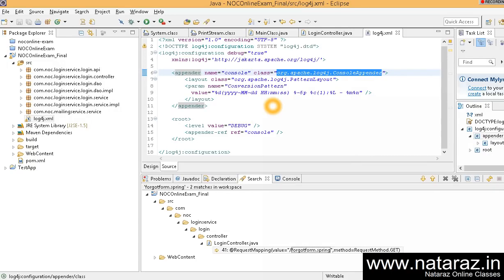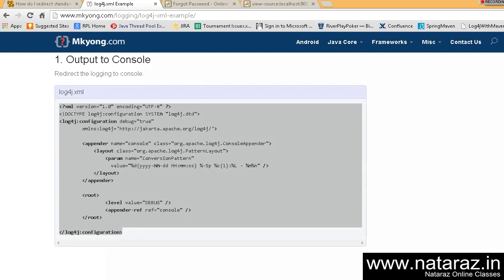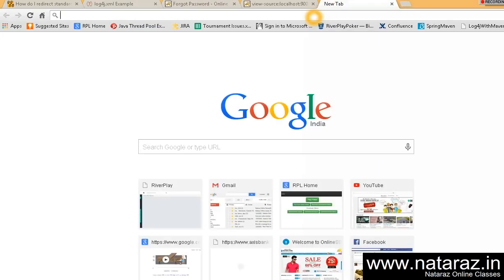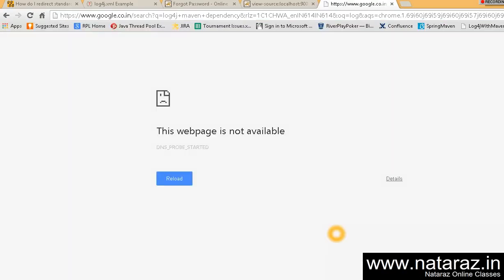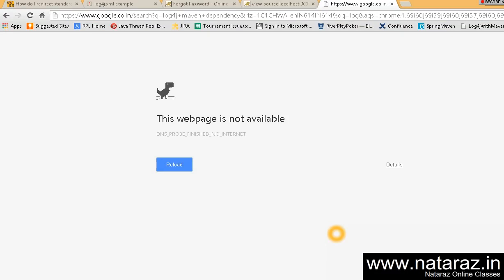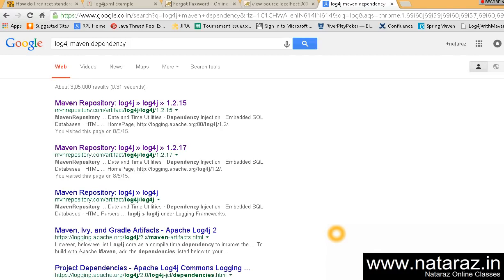So that means your coding should also be logical. You cannot simply copy paste code here and there. You should understand that this XML configuration demands a Log4j jar in my class path. How do you find the jar? It's again simple. If you don't know, go to Google and search Log4j Maven dependencies, because we are working with the build world. Okay, so let me check with my net. Log4j Maven dependencies. You just go here,